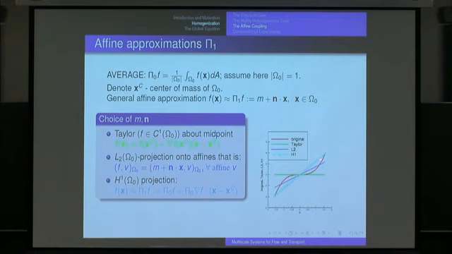Average the gradient over that region. So this is what I'm calling the H1 projection, not the L2 projection, but the H1 projection. I take this function here, I compute its gradient, and I average the gradient. If I average the gradient,